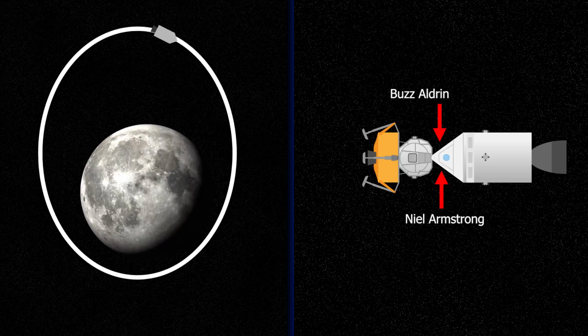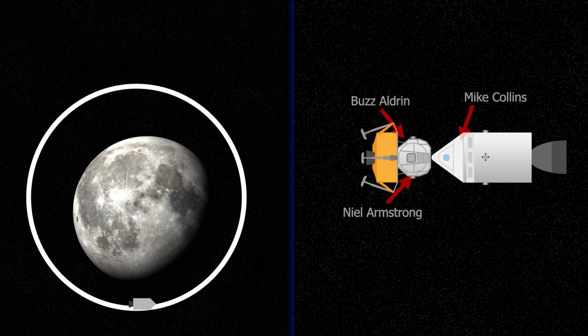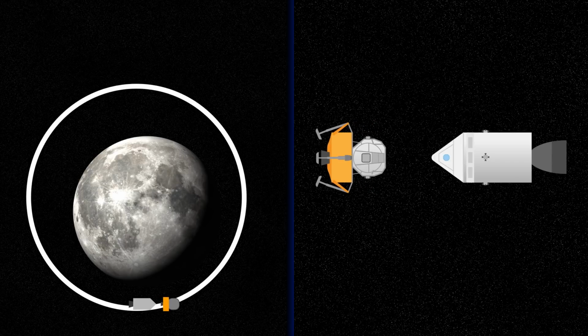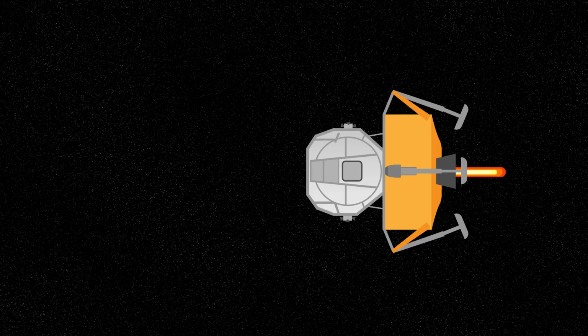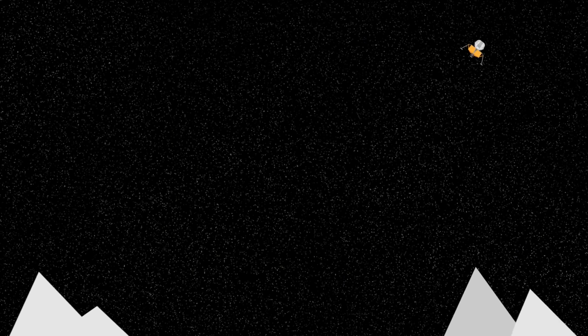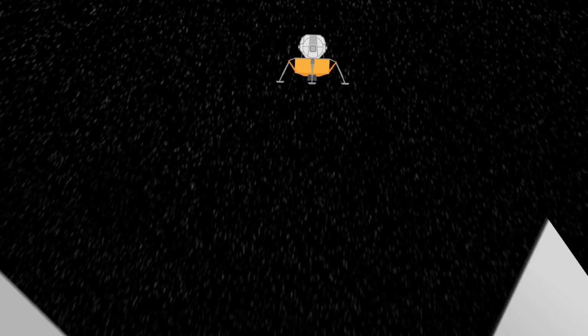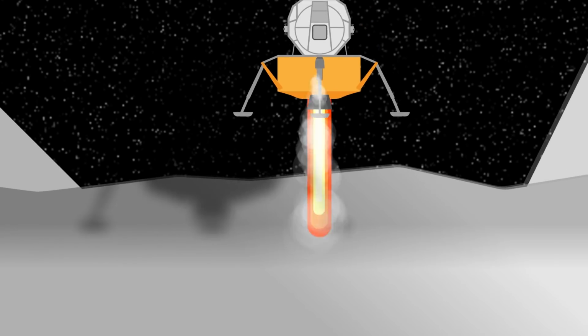Neil Armstrong and Buzz Aldrin are transferred to the lander, leaving Mike Collins behind in the CSM, and some hours later the lander is separated from the CSM. A little later, the Eagle lander starts its burn and is on a trajectory to land on the moon. The lander is getting closer and closer to the moon. A mere 15,000 meters above the moon's surface, the Eagle lander begins its final burn, and at T plus 102